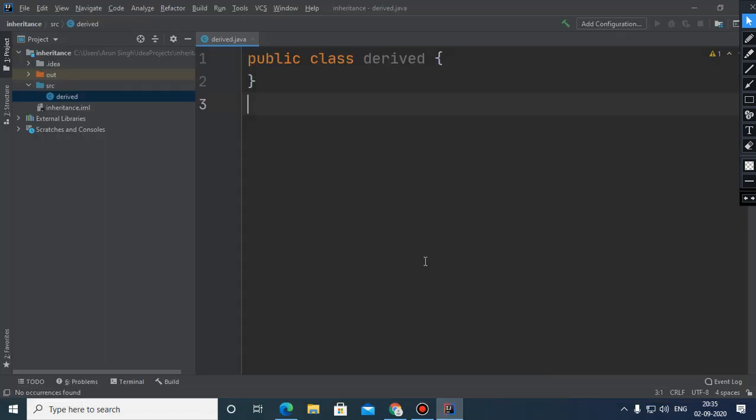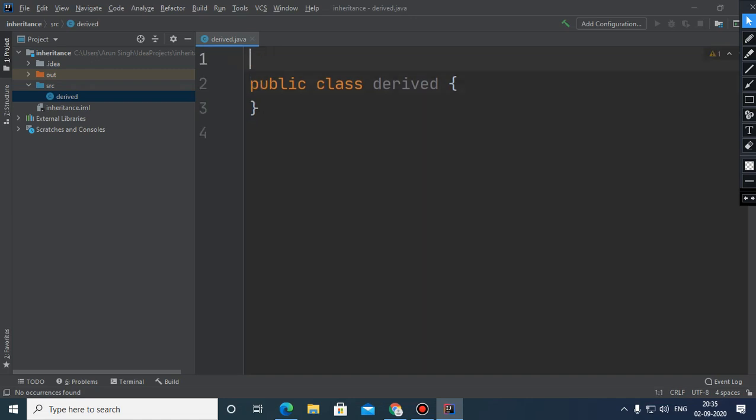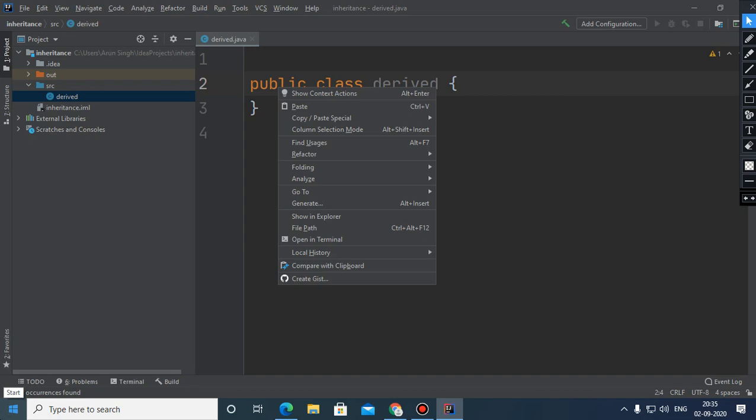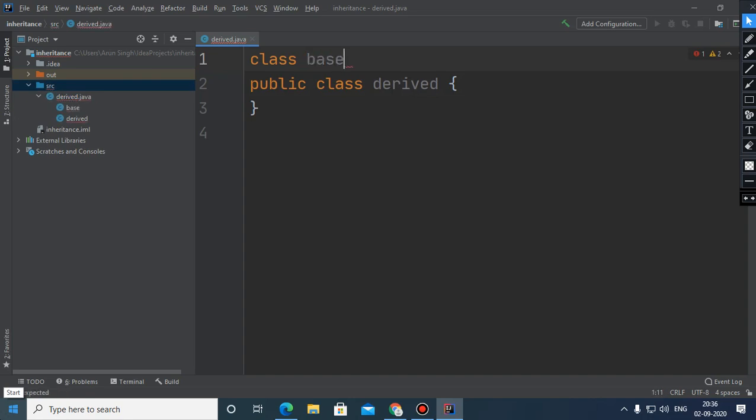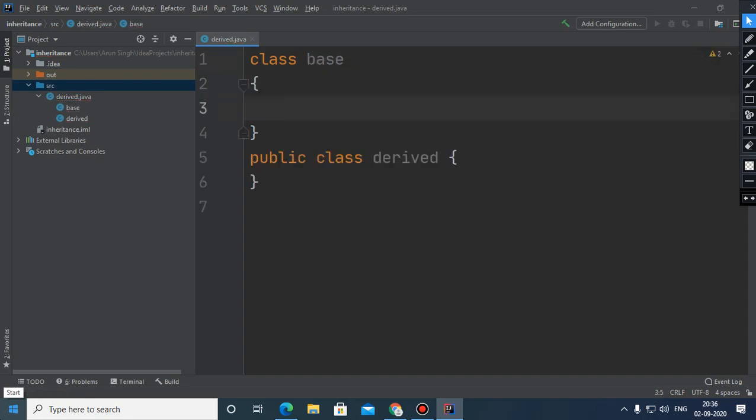So children, for example, here I have a public class which is derived, and before that I would like to create a class which is base, having some features. Suppose it has a variable first name.